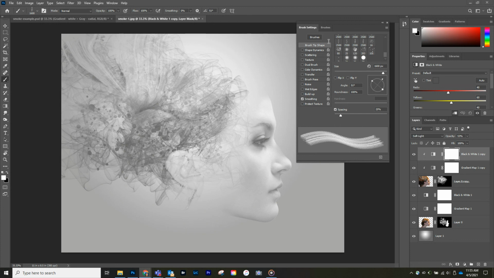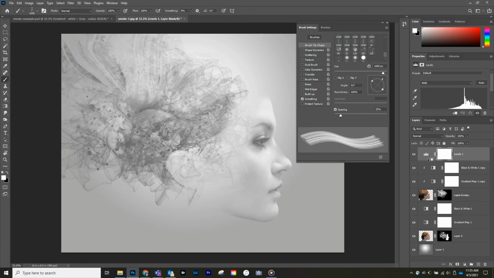Okay, so another thing you can do here, this is one of the last steps, go to our levels here, and remember to hold Alt, clip it here,